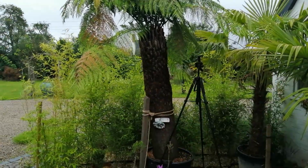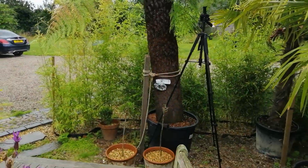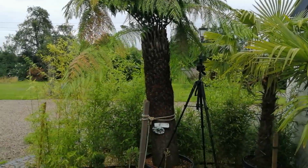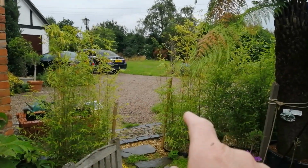We have a new tree fern. Again, a bit addictive, tree ferns, aren't they? Once you've bought one, you can't stop buying them again. That was a bit of a bargain because the top of it was a little bit ropey, but it's doing really well now. I'm about to build an oriental style archway here to make an entrance through these 2 bamboos,